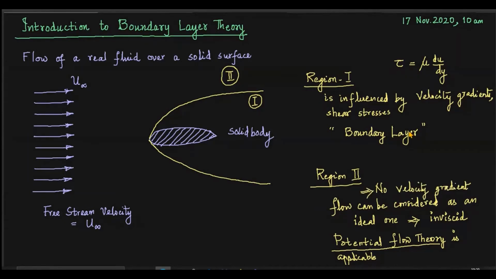Now we will be concentrating on the boundary layer, its applications, and how to get the various parameters related to it. What exactly is the boundary layer we will discuss one by one. For region 1, the applicable theory is what we say boundary layer theory, BL theory. The important governing equation here is the fundamental fluid equation known as the Navier-Stokes equation. These are the terms you are going to come across.